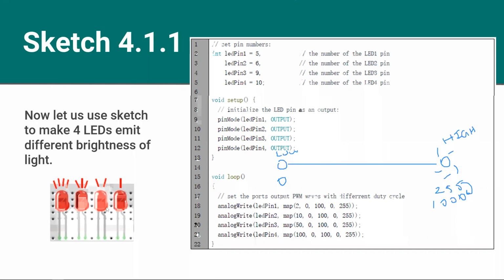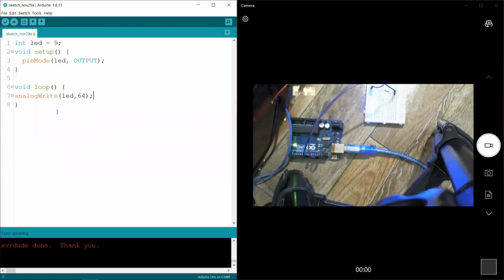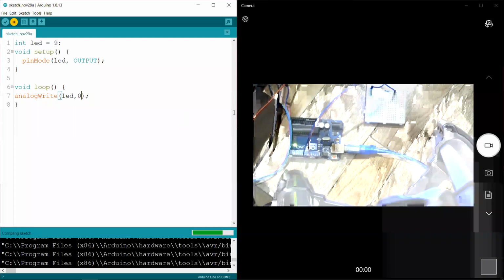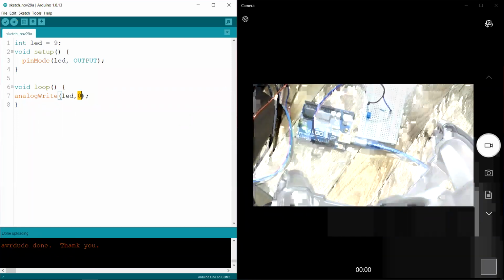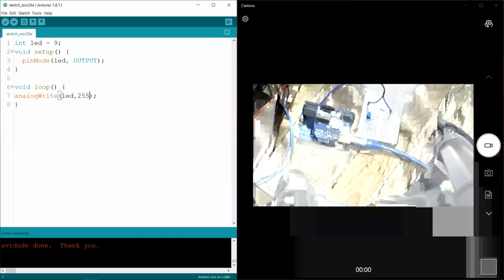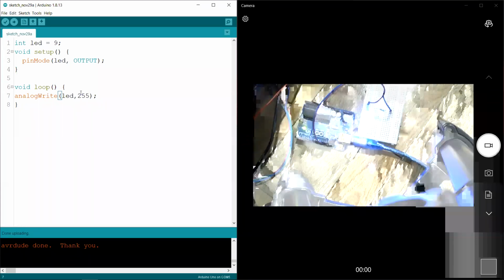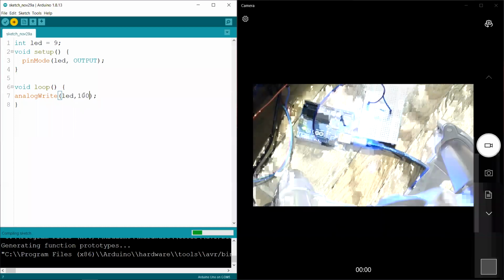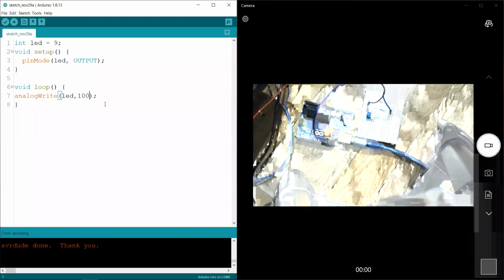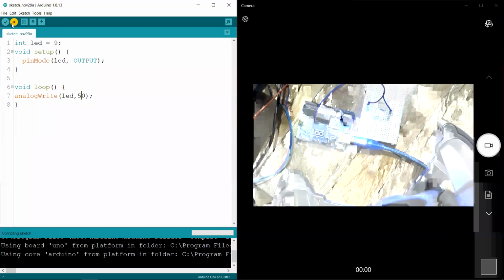Let me share the screen. Okay, good. So here we have 0. Let's say 0, the LED is off. 255, the LED is turned on. So actually 1000 is not equal to 255, but I get the idea. So let's say if we are saying 100, that is medium level brightness. To demonstrate that even better, let's say 50.